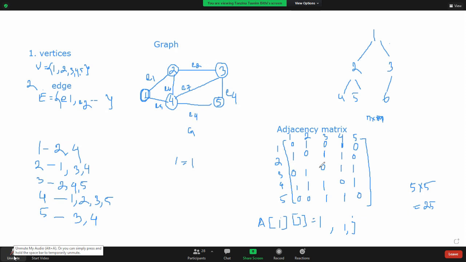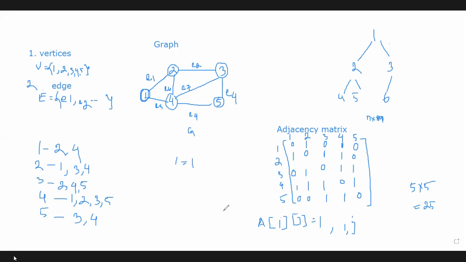Last is not clear. Okay, so from this adjacency matrix, we can decide which nodes are adjacent nodes or which are not. How can we take the decision? Just look at these values, 0 and 1. If the cell value is 0, look at this row and column value here: I equals 1, J equals 1. For this value, the cell value is 0. That means they are not adjacent. They are not neighboring nodes. There is no edge between these two nodes.